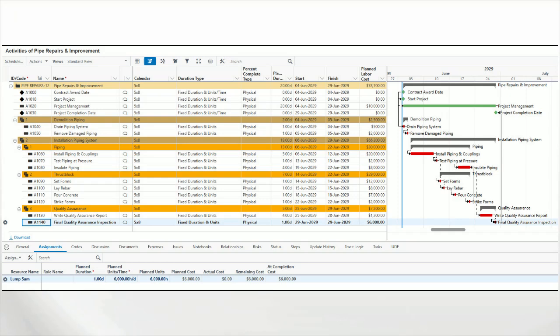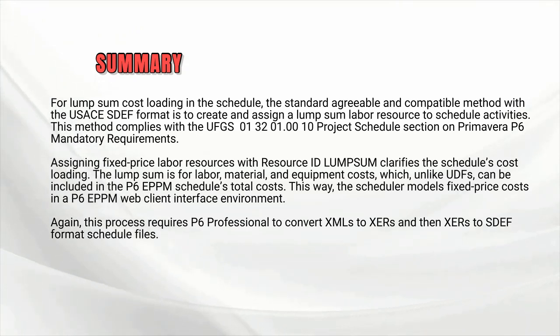We proceed and cost load the remainder of the project schedule with our lump sum labor resource. The final cost-loaded schedule appears in this figure, our lump sum cost loading in the schedule. The standard, agreeable and compatible method with the USACE SDEF format is to create and assign a lump sum labor resource to schedule activities. This method complies with the UFGS